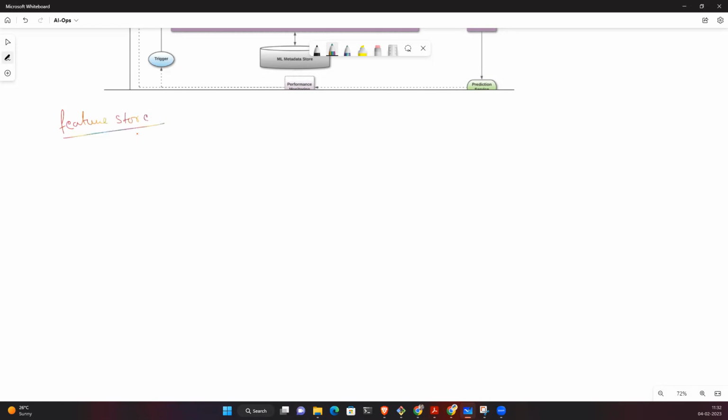What do you mean by the feature store? First one, number one, central data repository. Data repository means, what do you mean by the central repository? Repository,